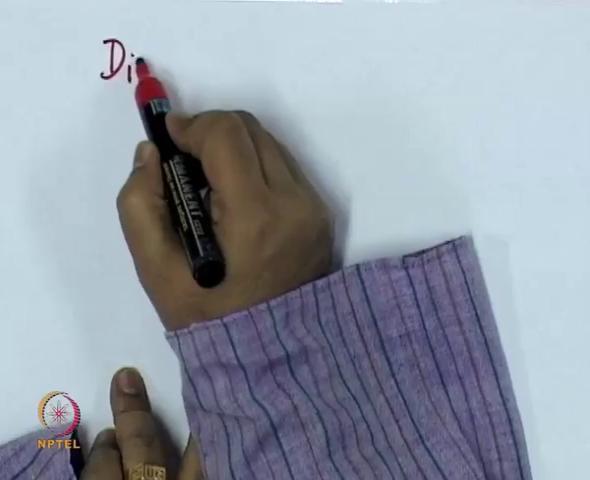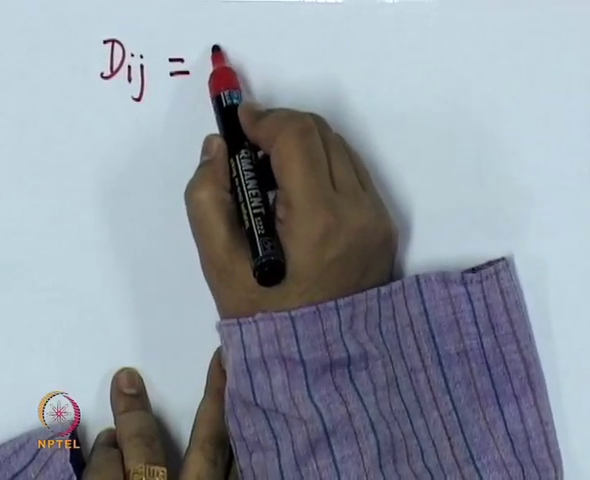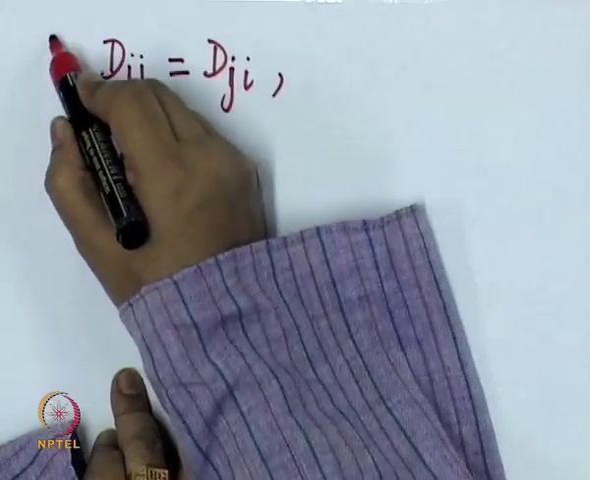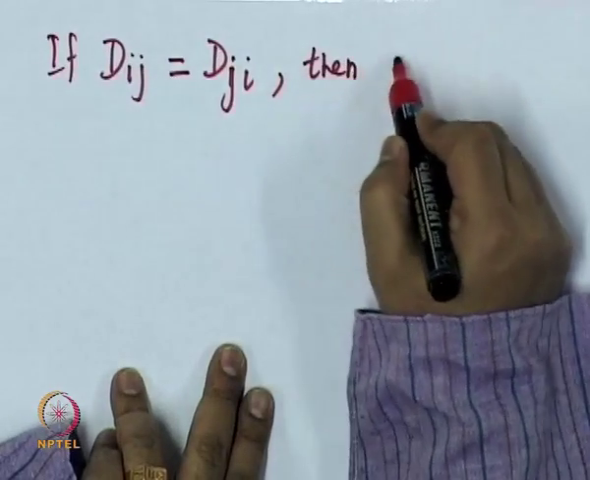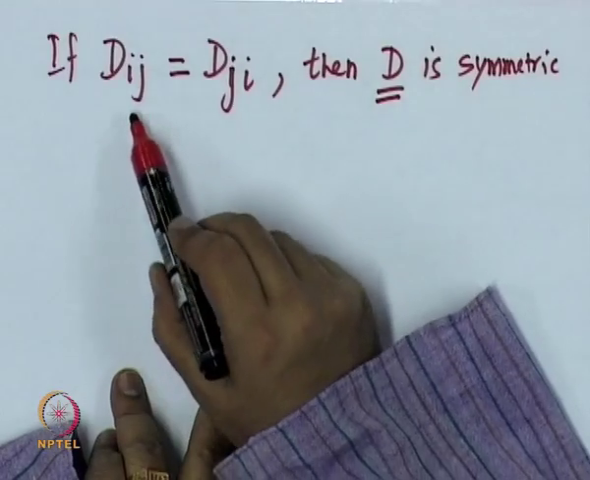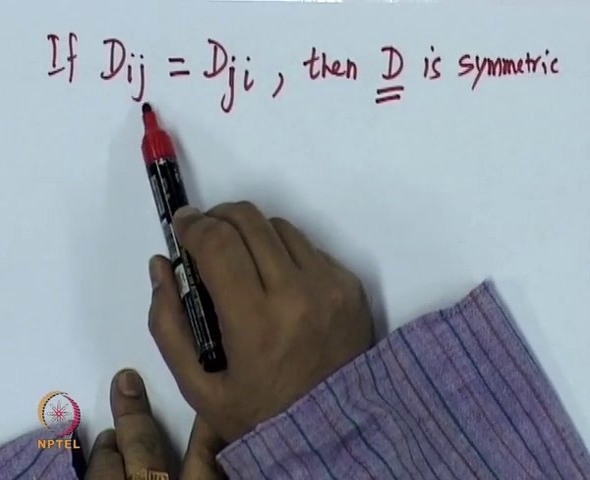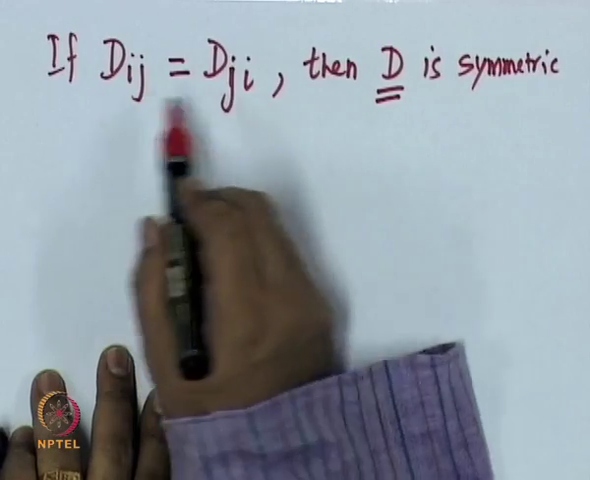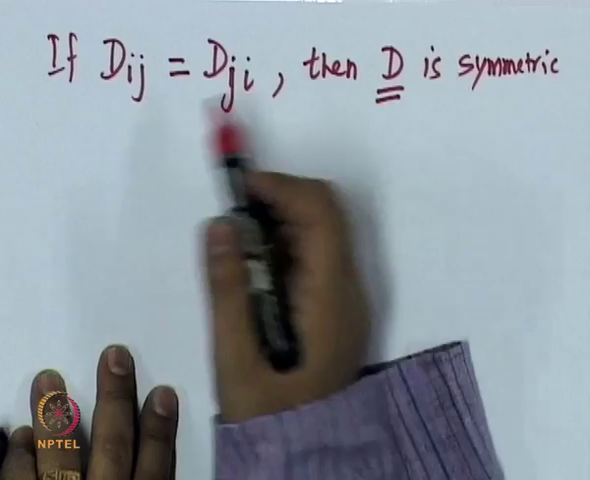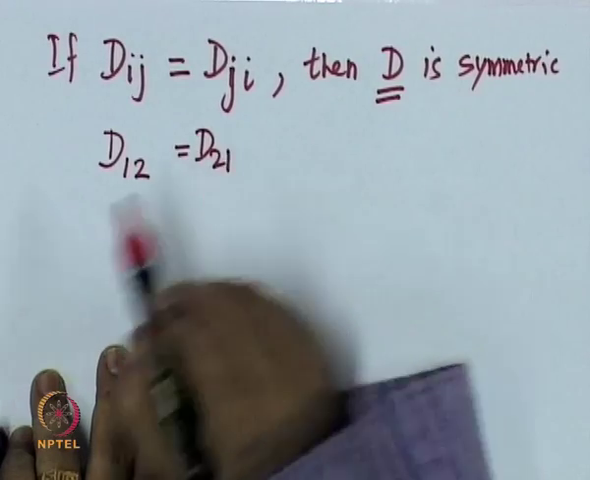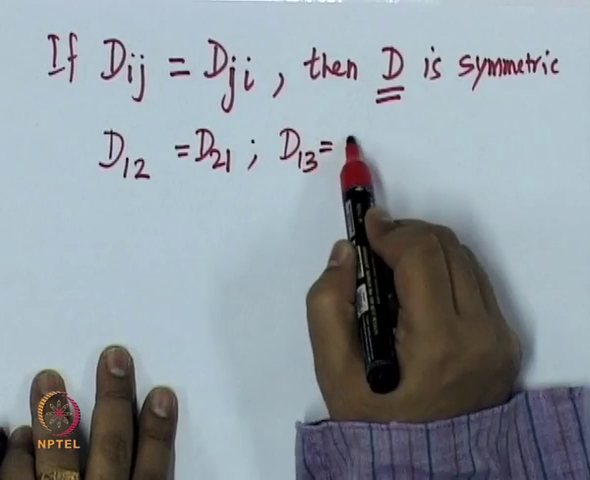Now, how are they defined? A symmetric tensor, Dij, if it is equal to Dji, then D is symmetric. That is, under a change of the indices, what does Dij equal to Dji mean? This means, if i equal to 1, j equal to 1, that is trivial. D11 is equal to D11, that does not tell much. But if i is not equal to j, this means that D12 is equal to D21, D13 equal to D31,